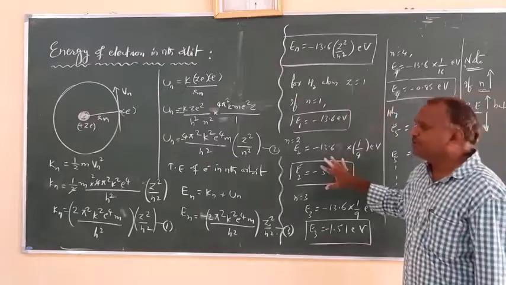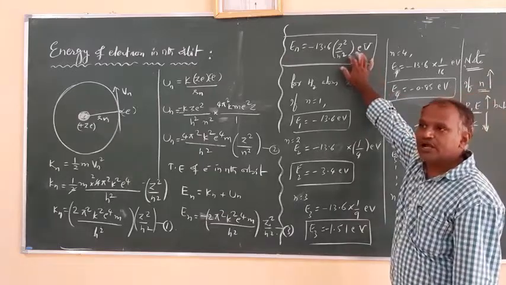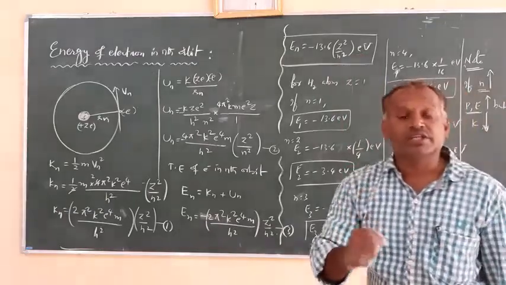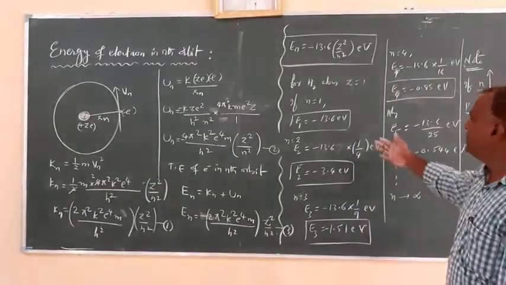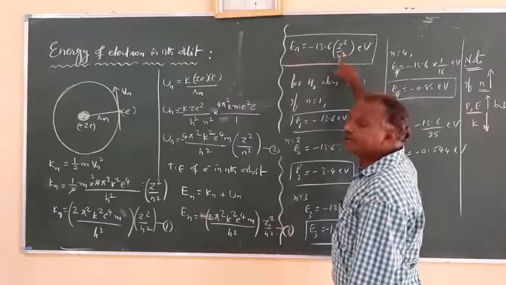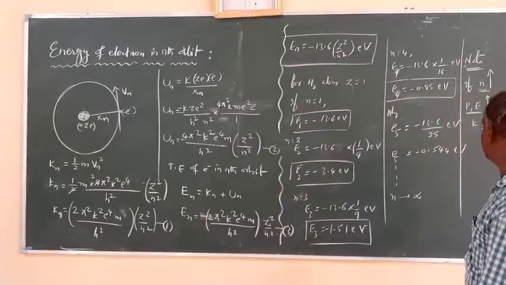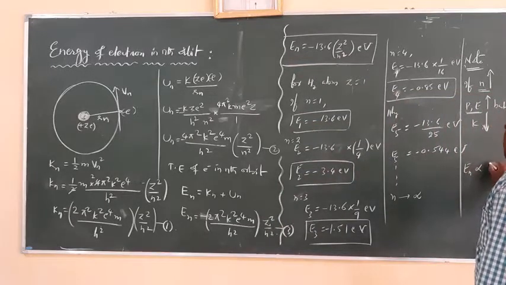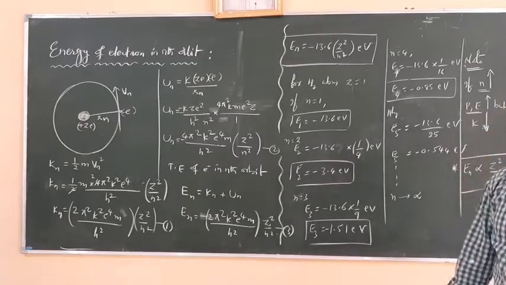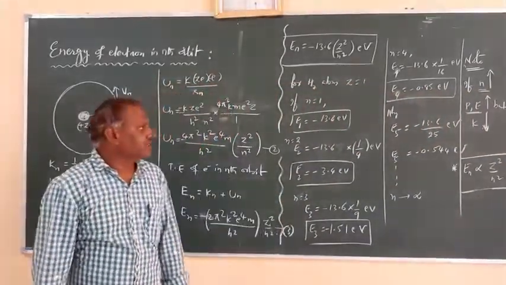So this is the total energy of an electron revolving in the nth orbit, given by this equation, and we calculated for a hydrogen atom the energy in the respective levels. Here the important point is how the energy En is related to Z and n. It is directly proportional to Z square by n square. So En is proportional to Z square by n square. This is another observation. This is the derivation of the energy of an electron in the nth orbit.